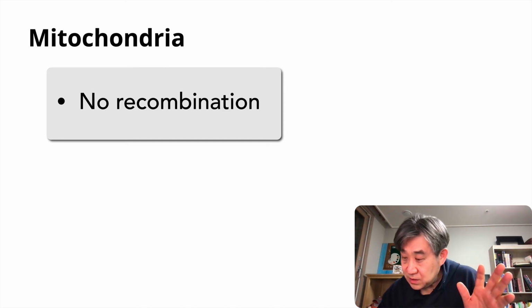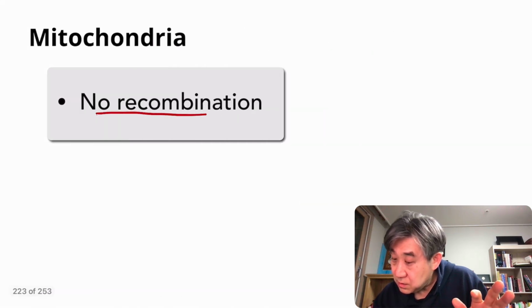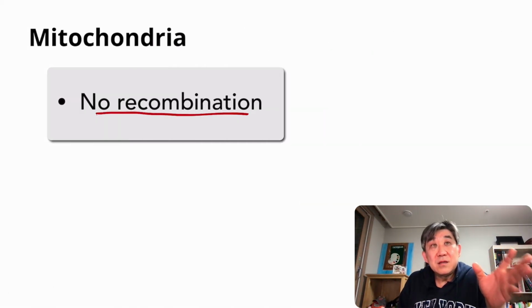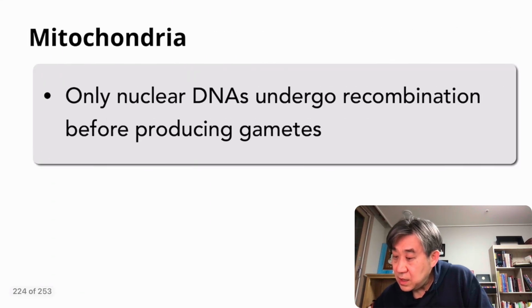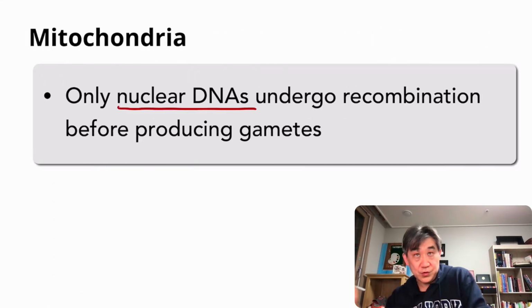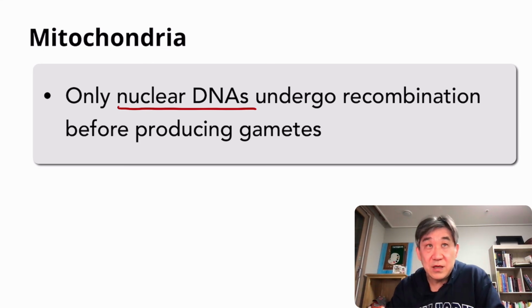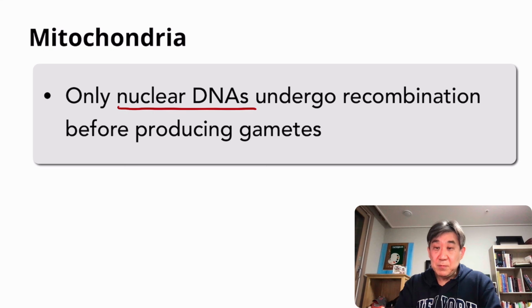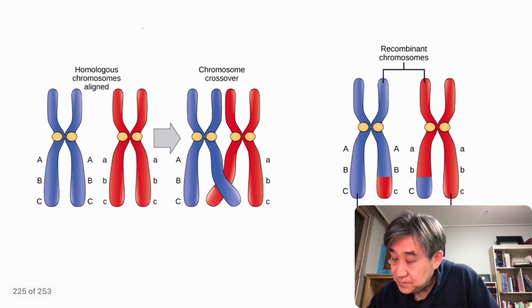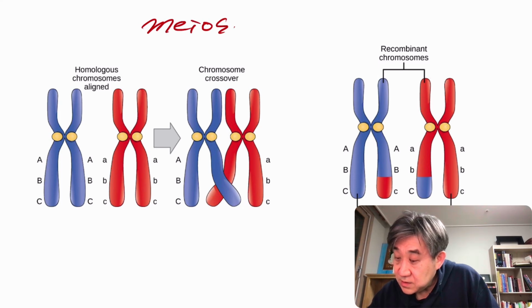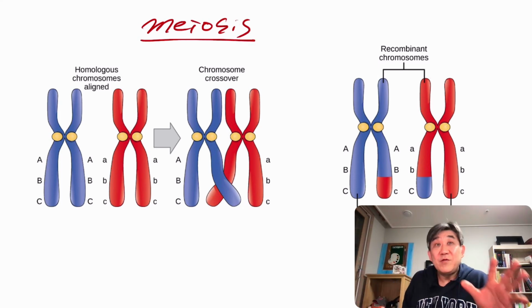And another advantage is that they don't have recombination. What is recombination? Recombination is something that only the DNA in the nucleus of a eukaryotic cell can have. Only nuclear DNA can have this recombination event during gamete production. What did I say about gamete production? It's called meiosis, isn't it? The cell division leading to gamete formation is meiosis. And during meiosis,